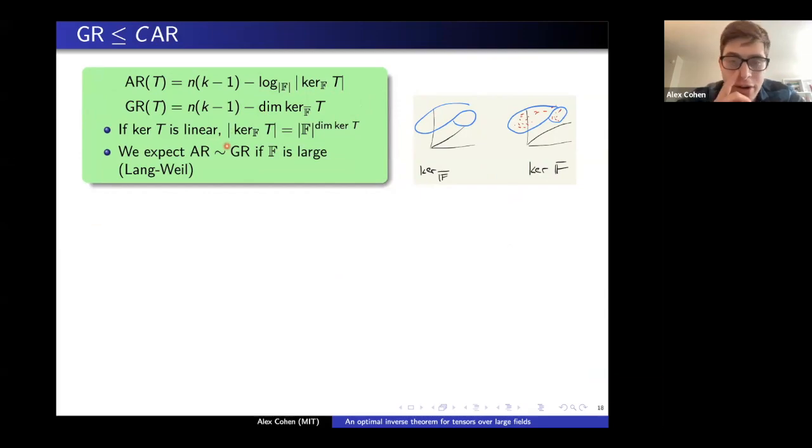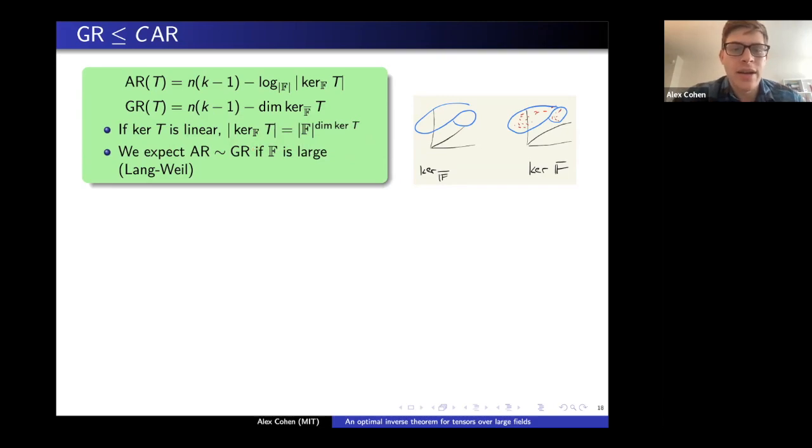And a justification of that, as I said before, is that if the kernel is a linear variety, then you can just count the number of elements, and it's just the field size to the dimension. Because for instance, this is just like counting the number of points in F_q^n, which is just q^n. That's what this is saying. And so the point is that log base q is just the dimension. And so in general, we expect something like this to be true for